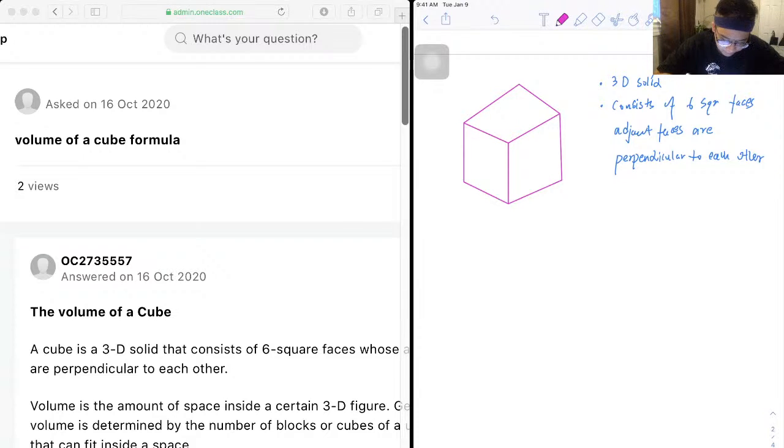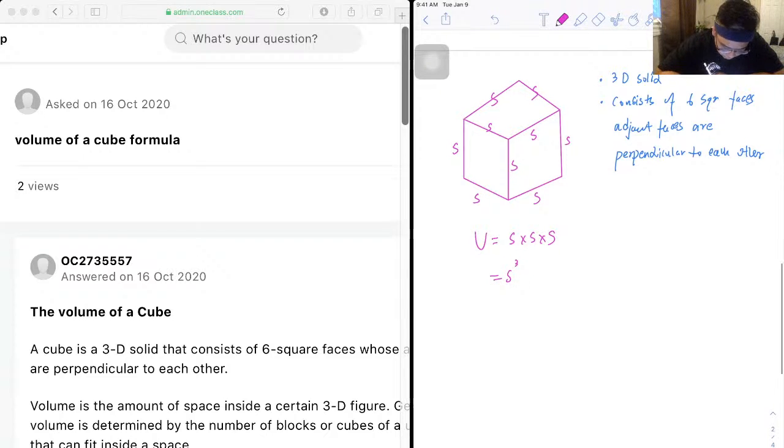So let's say we have a length denoted as little s, a height s, and also the width s. Since they're all squares, every single side has length s. So s everywhere. Therefore, the volume is just going to be equal to s times s times s, which is going to be s cubed,